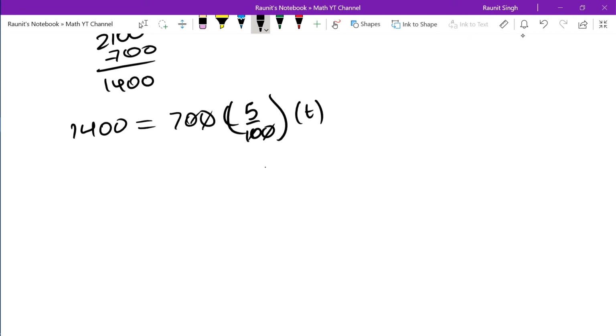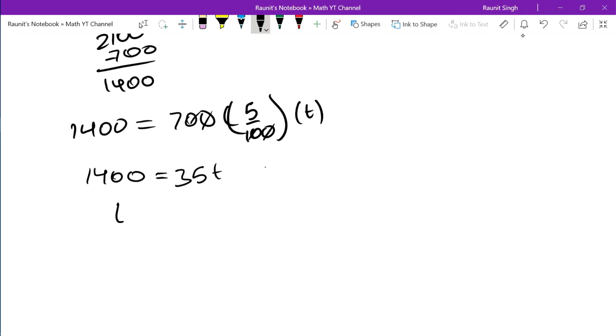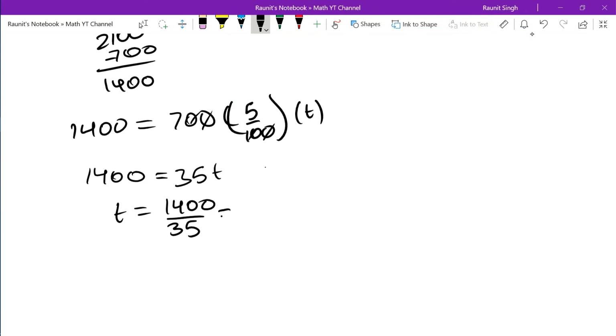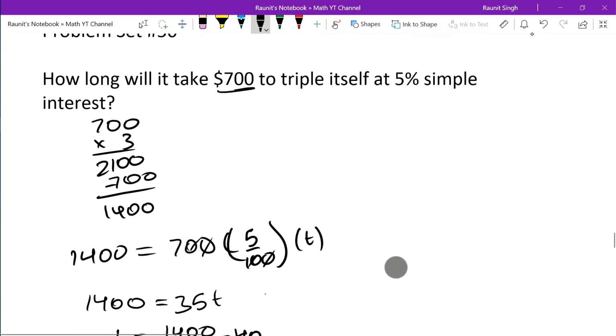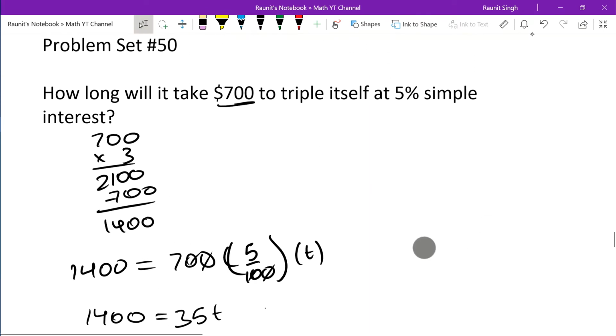So cross out the two zeros, you get 7 times 5 times T, so you get 1400 equals 35T. Simplify, you get T is equal to 1400 over 35, and we can check what that is by dividing 1400 by 35. So that is 40. So our answer for T is 40 years,